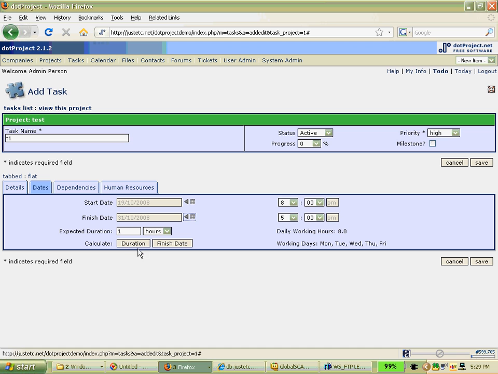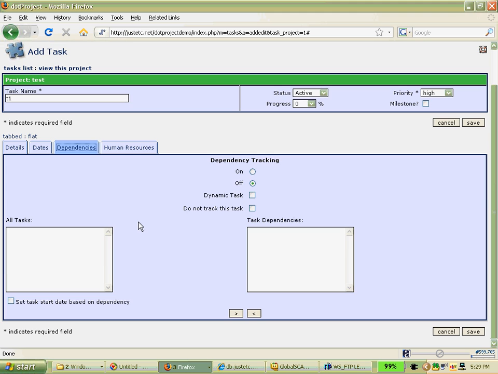Okay, this is the ending date, and then you know the duration, I think per day 8 hours, and you can define the starting time, ending time, daily working hours, or if you want to define it like this, so you see the duration